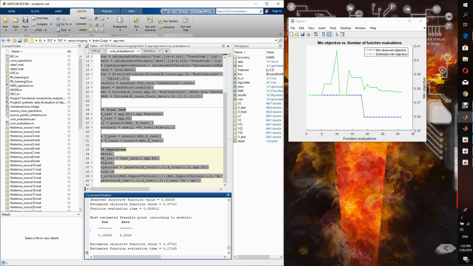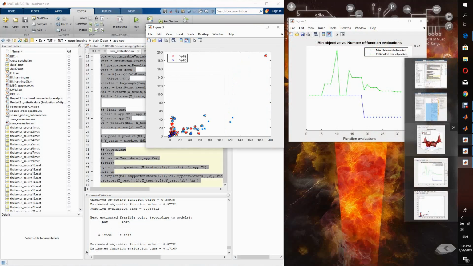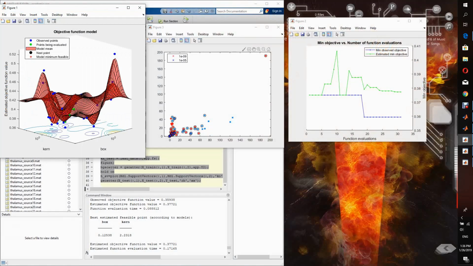Then the whole number of iterations included is 32, and then here finally we have our points onto the